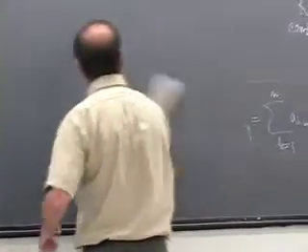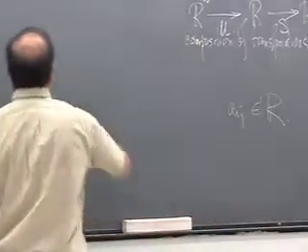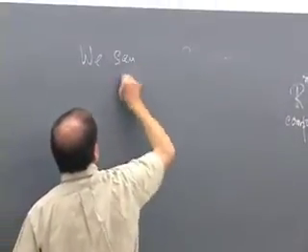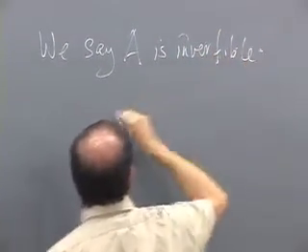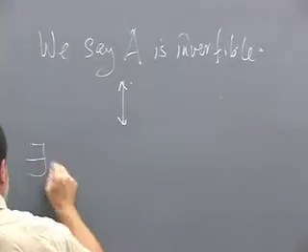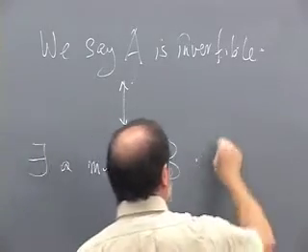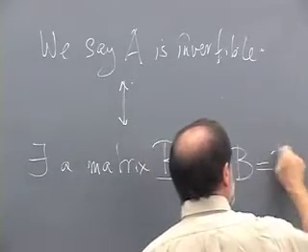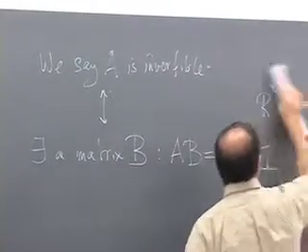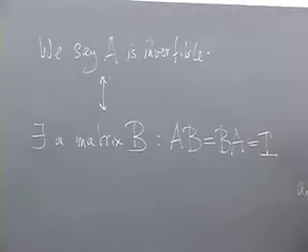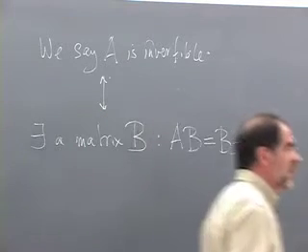Now, a much trickier thing about m by m matrices is the question of inversion. So we say A is invertible, an m by m matrix, if and only if there exists a matrix B with the property that when you multiply on either side by B, you get the identity matrix. So it requires the existence of a second matrix.